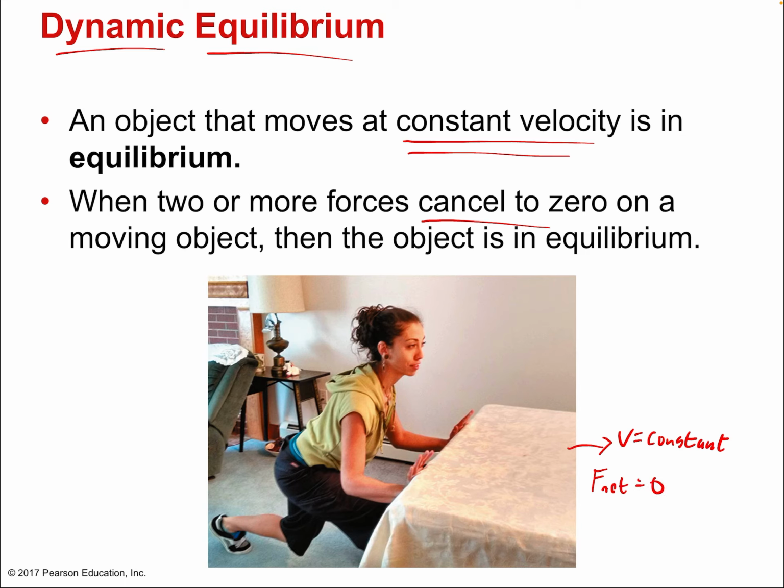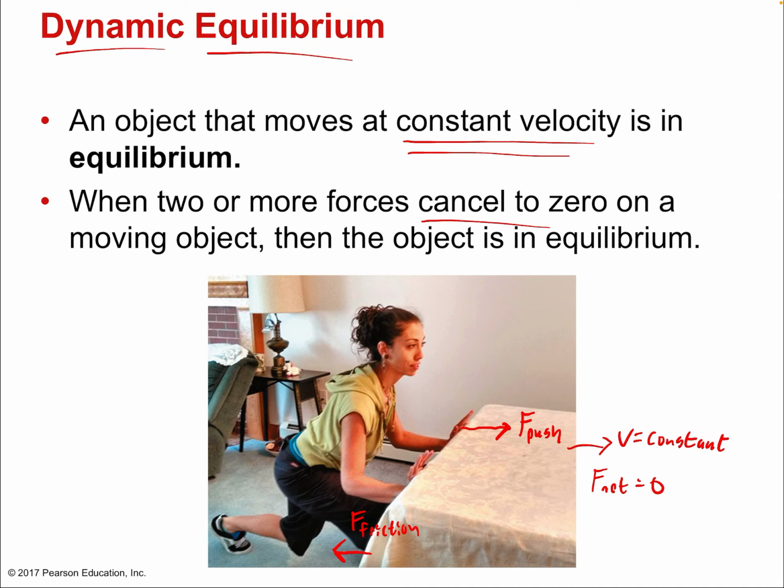In other words, the pushing force from the woman here, F push, that's just F for a force, push because I wanted to name the force, would be exactly equal to the force of friction, F friction. Those two forces, one points to the right, the pushing force, the other one points to the left, the friction force, they're exactly equal and they cancel out. But that doesn't mean the table remains at rest. It means it just coasts along at constant speed. Now, in order to get the table from rest to that constant speed, there would have had to be at least a little moment where the pushing force was greater, okay?